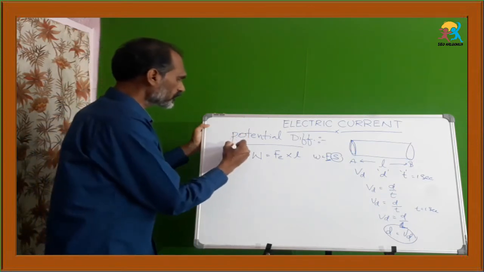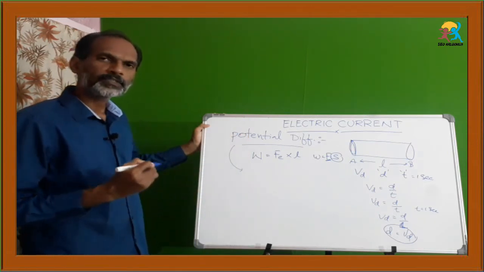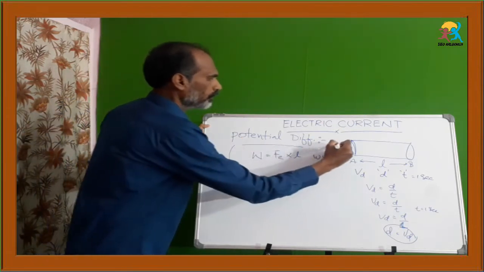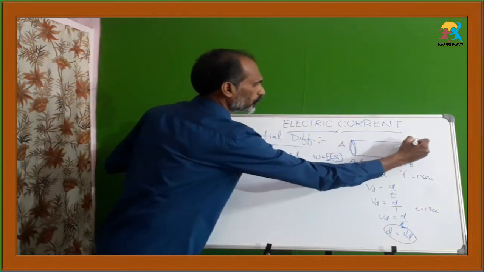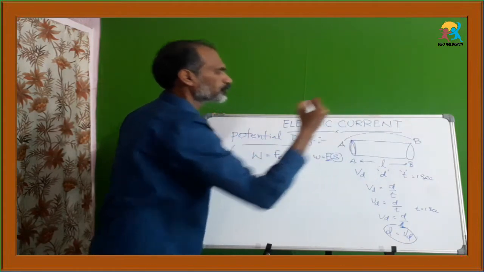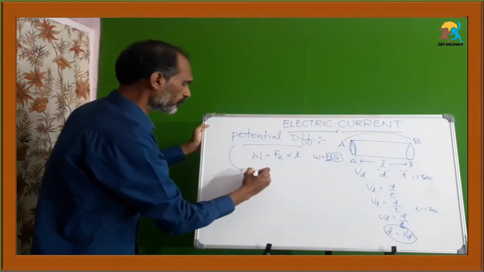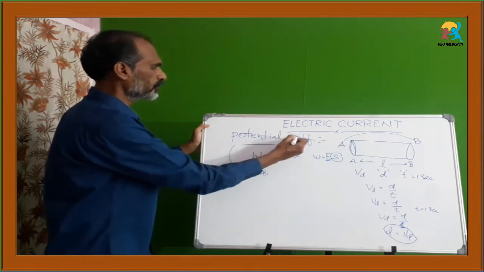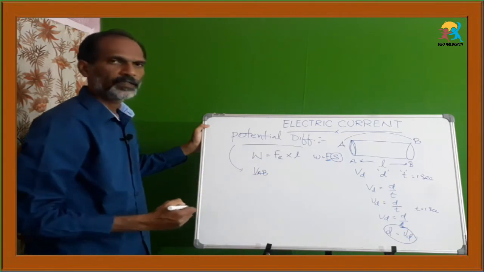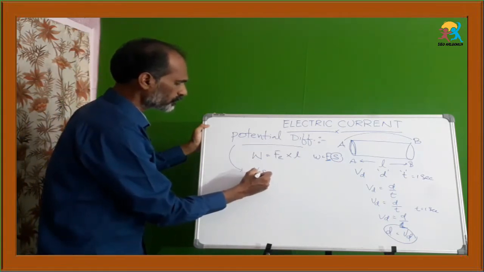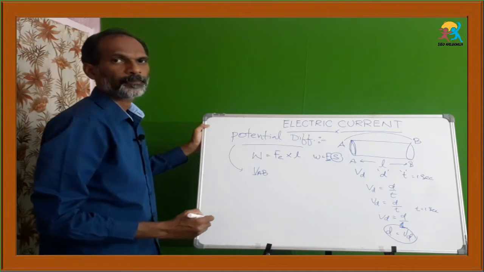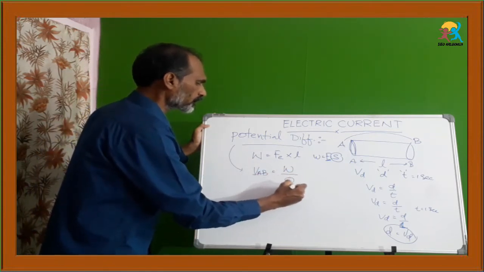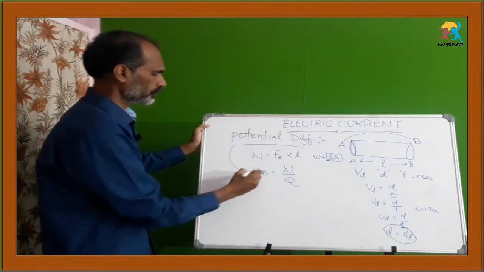The potential difference can be defined as the work done to move a positive charge from one point to another point, like from A to B. So the potential difference VAB, where V indicates potential difference and AB indicates the points A and B, can be defined as the work done to bring a positive charge. So V is equal to